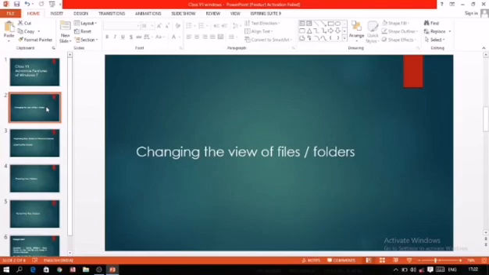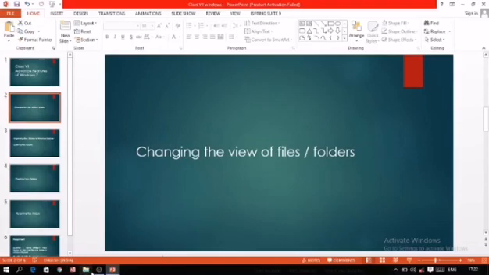As you know, the previous topic was about the Windows Explorer, and you have learned how to start the Windows Explorer. So after starting the Windows Explorer, how can we change the views of the files and the folders? If you want to start the Windows Explorer, as you know there are two ways. I'm just repeating it and revising it.